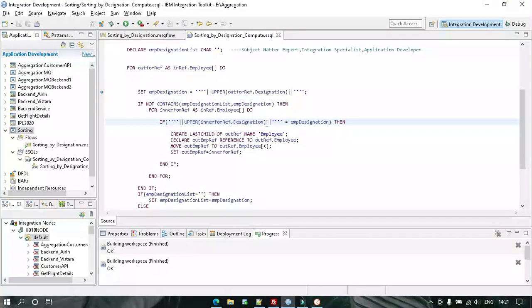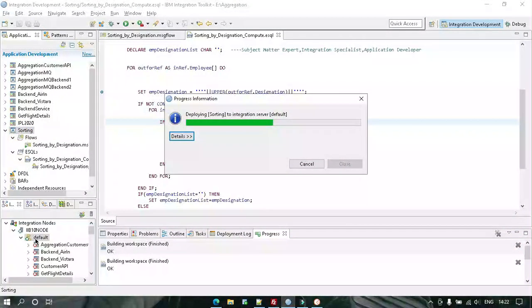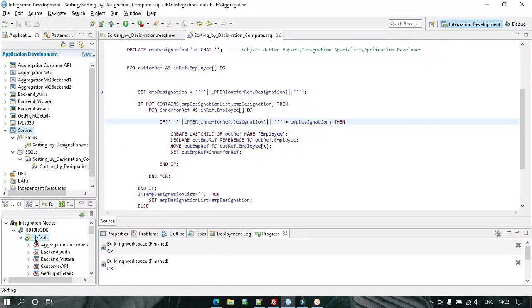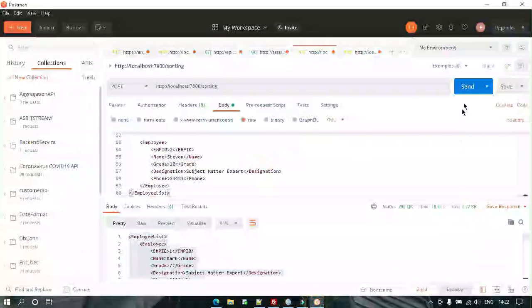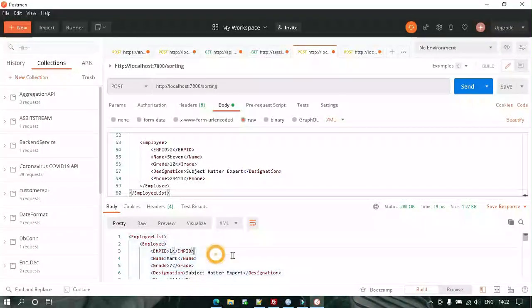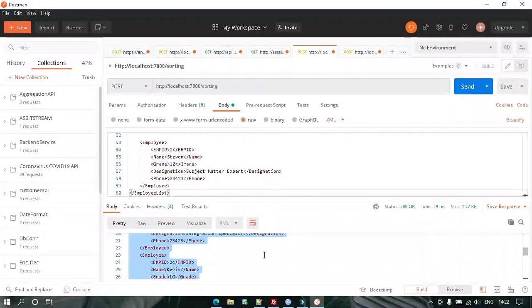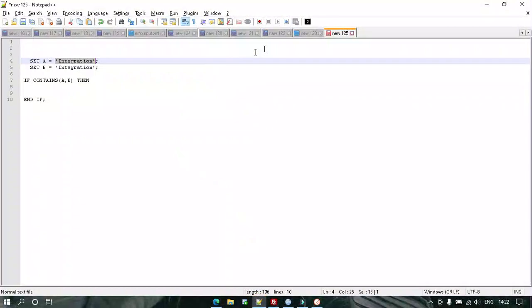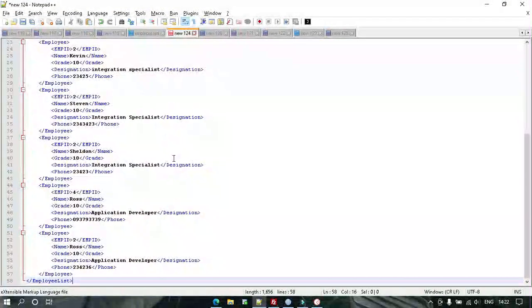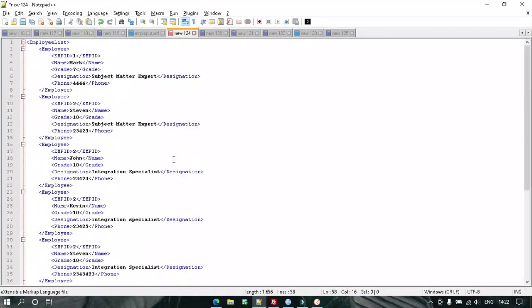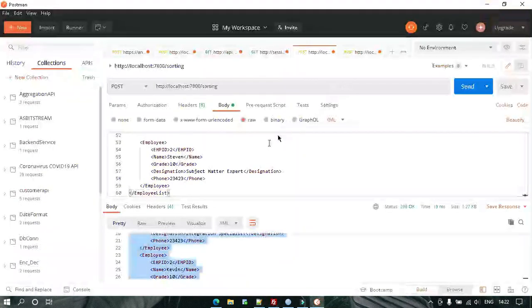Okay, so it is deployed. So now I got this output, and it is as per my requirement.